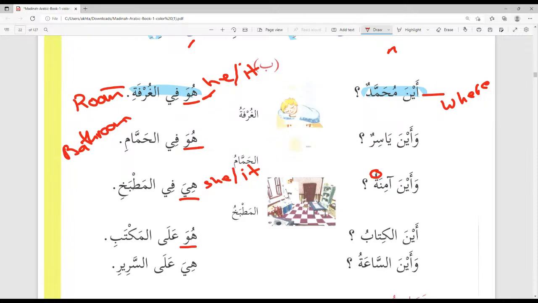Good. So هو here, why did you translate it as "it"? Because غير عاقل, non-intellect. It's not a human. So here the authors are showing you the difference between masculine and feminine: when do we say she and when do we say it? Even though in Arabic we just say huwa and hiya. أين الكتاب؟ هو على المكتب. So it is on the desk. And let's go back to the top.